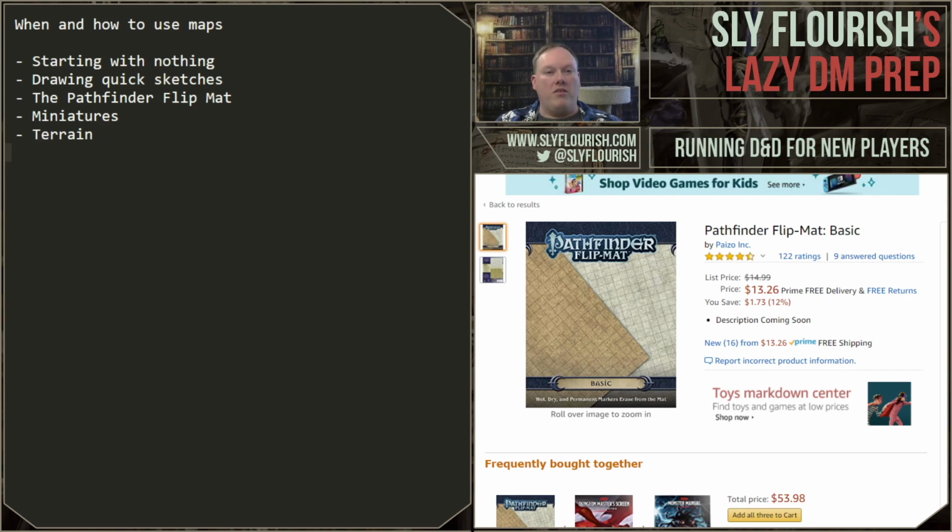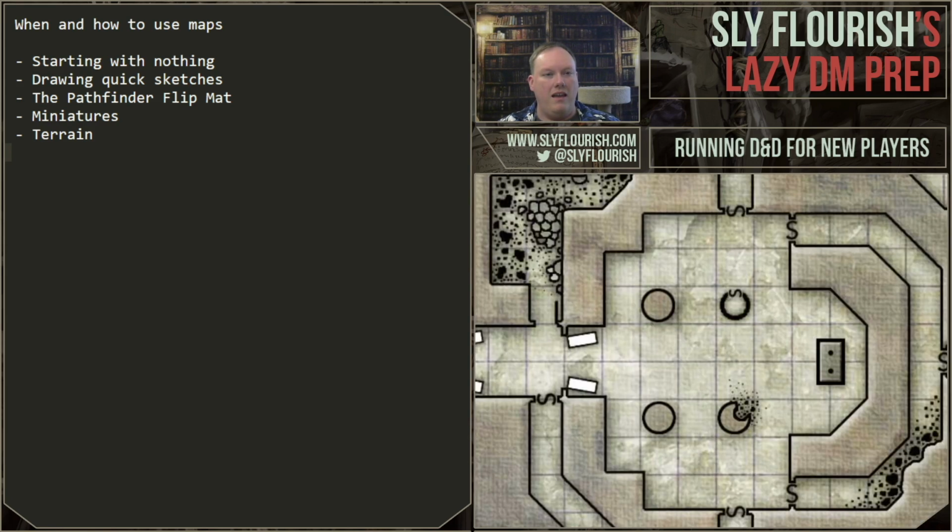Some will make the valid argument that you should pre-draw stuff, and I think that can be useful if you've got a room like that altar we were showing before. You might say, okay, we're going to go ahead and draw that out ahead of time. That way you can get all the pillars right, you can get the altar right, but you can sketch this pretty quickly too. And I think it's useful because we don't know when we necessarily need to sketch everything, you might sketch 1 or 2 rooms, but keep the rest of it,